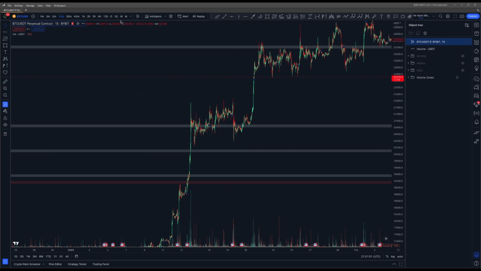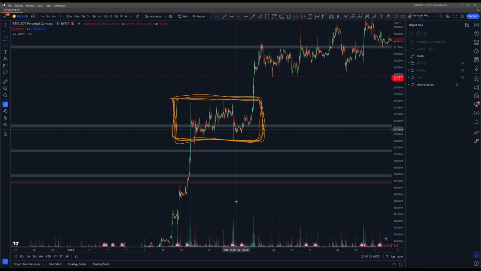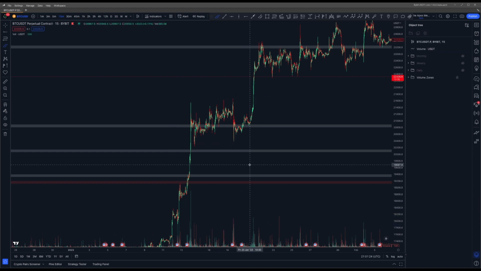So for example, this whole area here, take my magnet tool off, is what we call a contraction or a phase of consolidation. And the longer we stay in these phases, the higher likelihood that we're going to get a big breakout to the upside, usually with high volume depicted here. And so, for me, what I want to know is, look where the volume zone is here. So when we had this huge break to the upside,